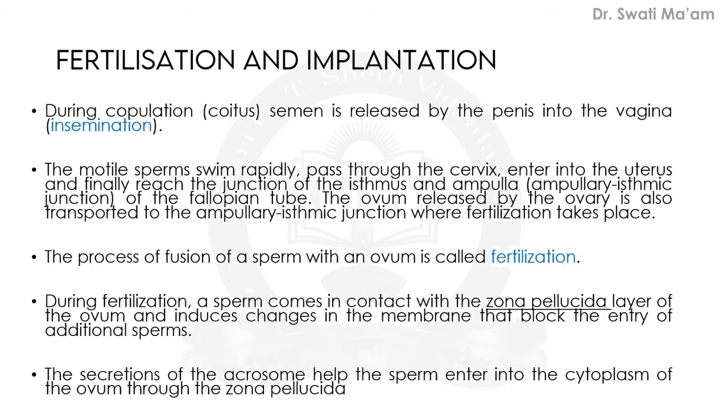through this layer. We have understood the main structure of the sperm earlier, and the sperm has three parts. Let us revise it: head, middle piece, and tail. At the head region, in the anteriormost tip, the acrosome is present, which releases the hyaluronidase enzyme, which helps in the entry of the sperm into the ovum.